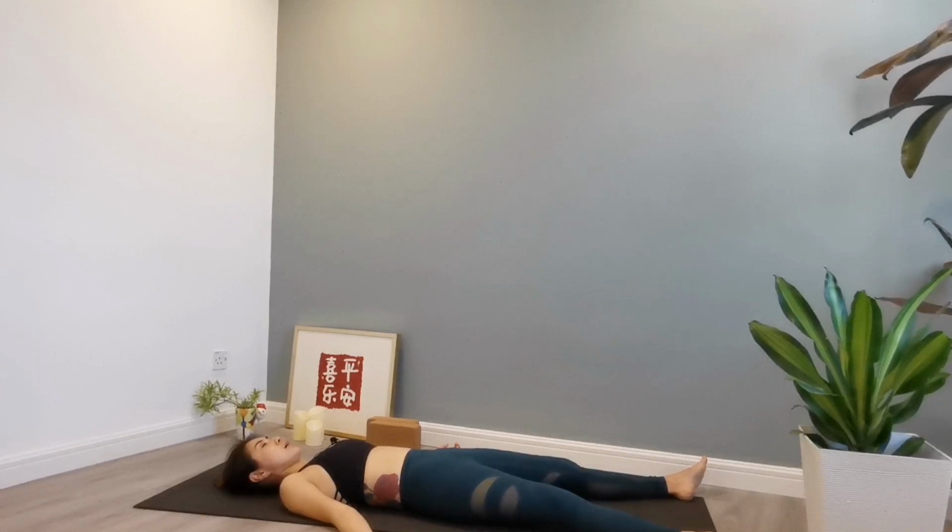Okay, finding your mind, yourself is centered again, back to your body and your breath. And really take your time to rest. Soften the whole body. Soften the face. Soften the shoulder, soften the arm, fingers,